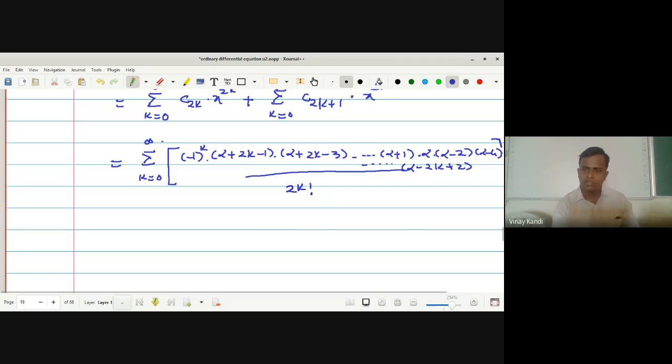This is the complete coefficient, into c naught, plus